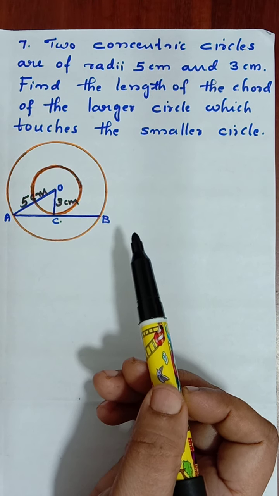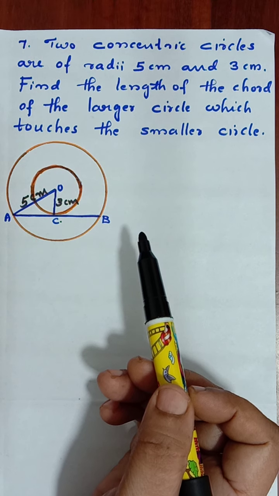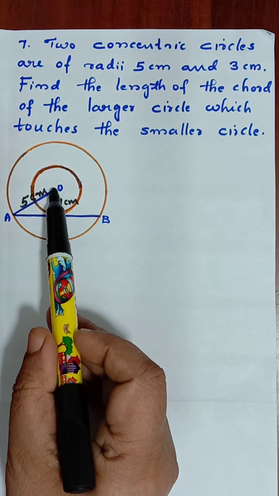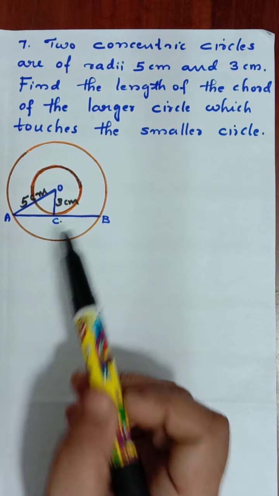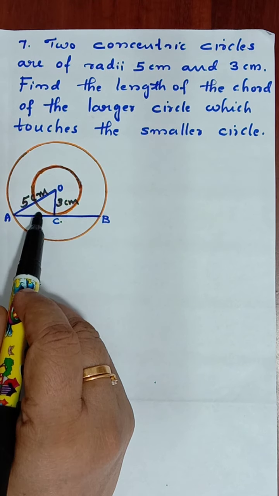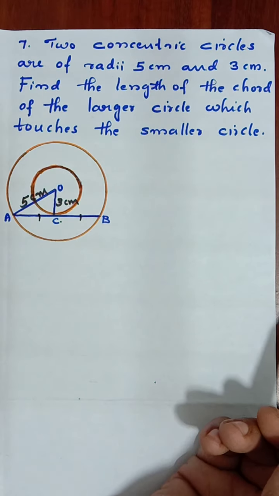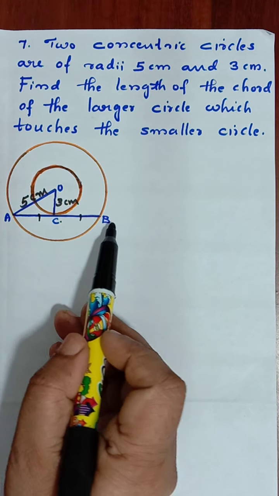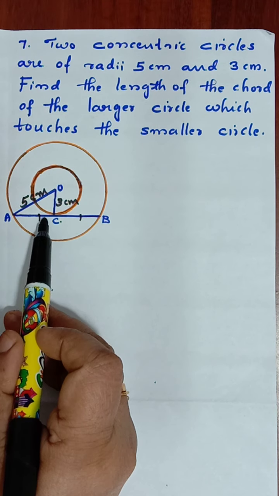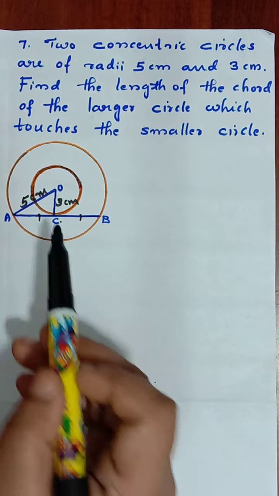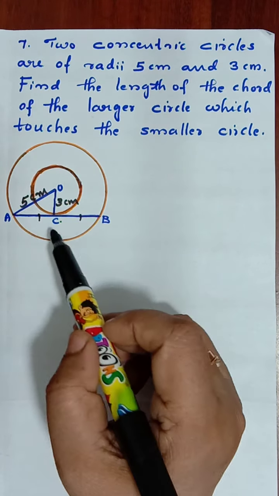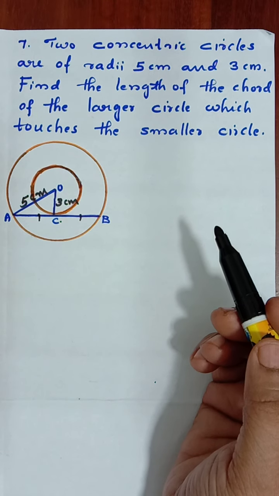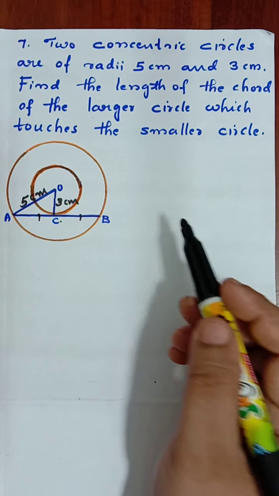The reason here is in 9th standard you might have studied. That is perpendicular drawn from the center to a chord bisects the chord. That means these two portions are equal. AC will be equal to CB. By finding out AC, its double will be our AB. So it's very simple. So already we have marked this. Figure will not be given. We are drawing figure according to the question.